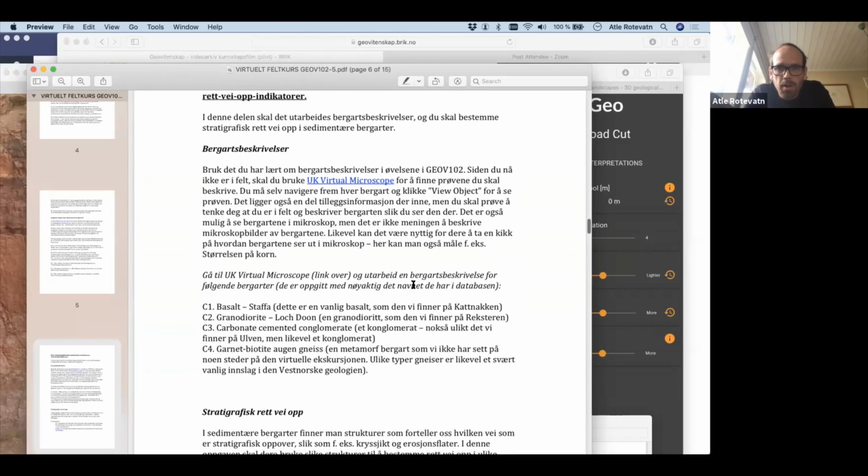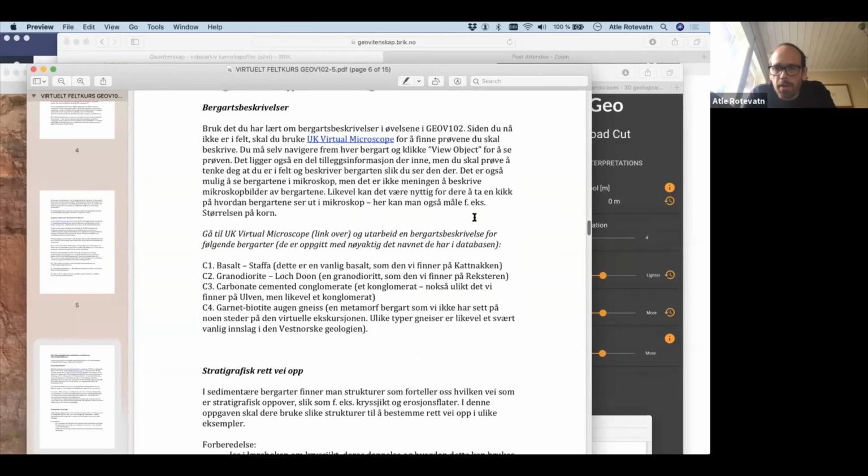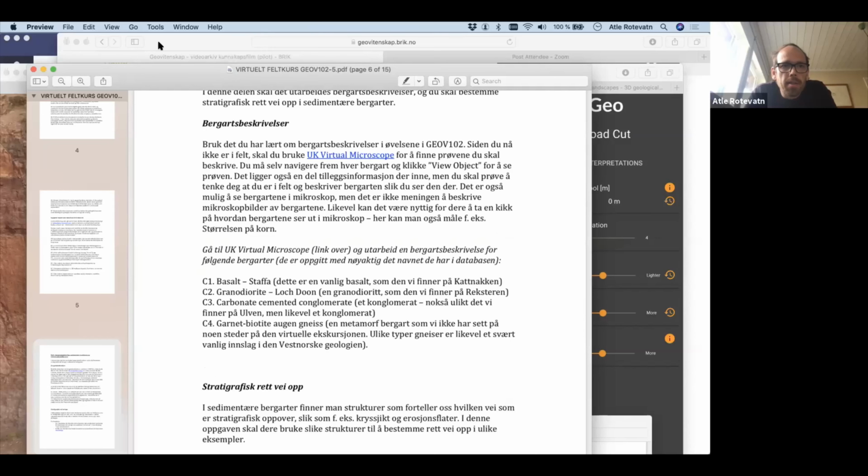So in terms of doing rock descriptions, it's kind of hard when you can't go to the field. But here they're going to make a few rock descriptions of a few different rocks that are quite similar to the ones that we encounter on the virtual field trip here in Norway. And I've asked them to describe a basalt, a granodiorite, a conglomerate, and a gneiss. And then I direct them towards the